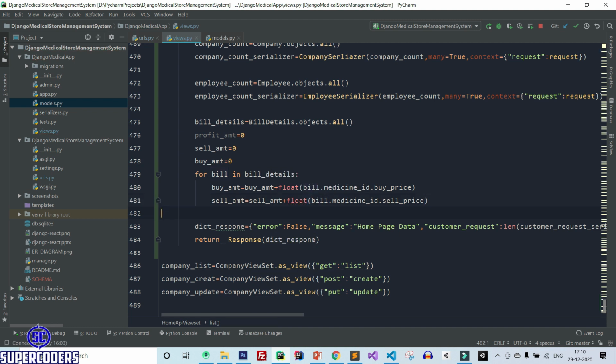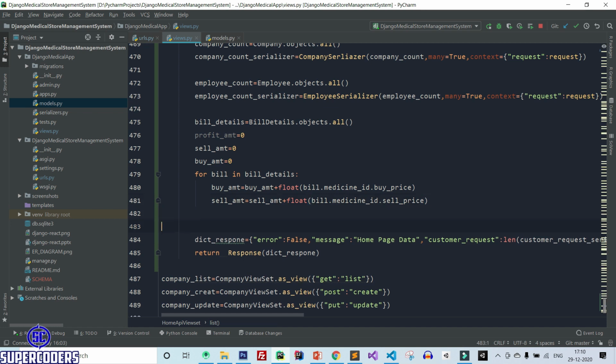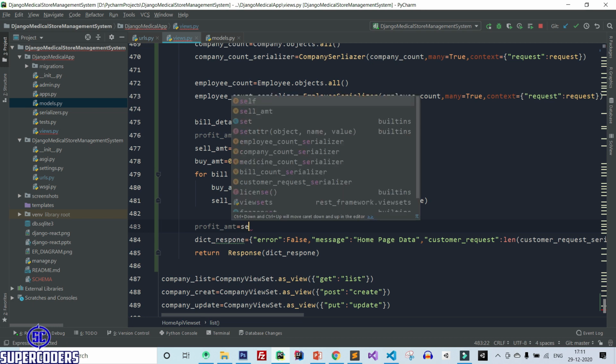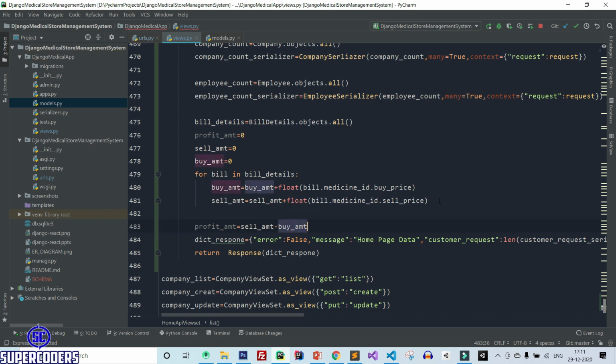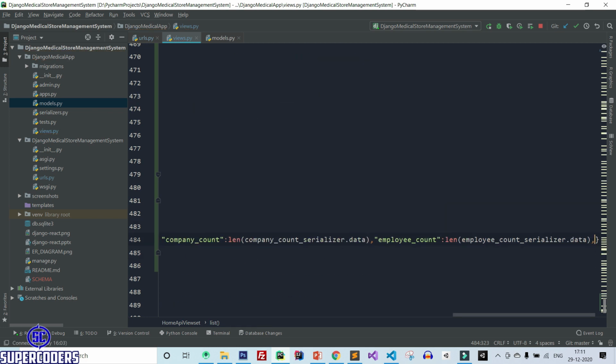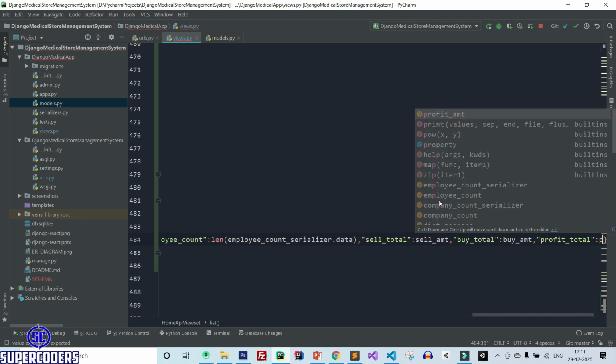After that, here profit amount equal to sale price minus buy price. Let's return. So here sale total, which is sale amount, then buy total, which is buy amount, and profit total, which is profit amount.